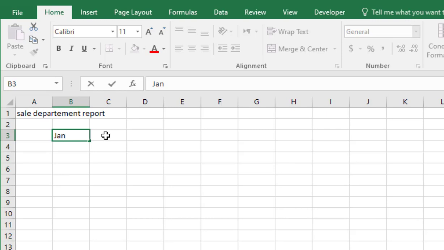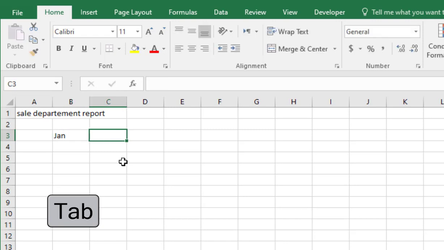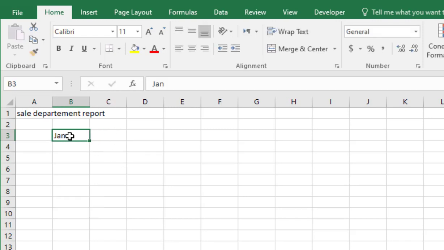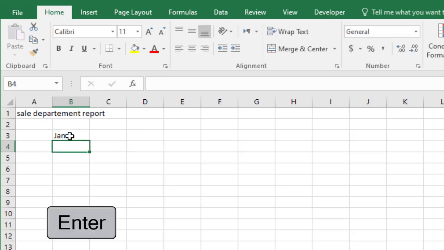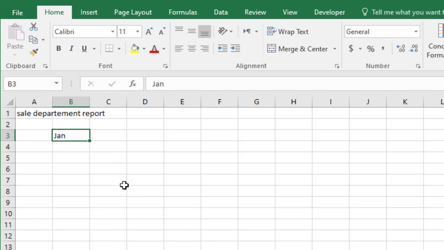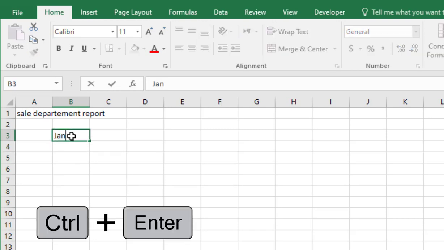Now when I press Tab, I go to the next cell. By default, if I press Enter, you go to the cell below. If you want to press Enter and stay on the same cell, you have to press Ctrl Enter. Now if I go to the